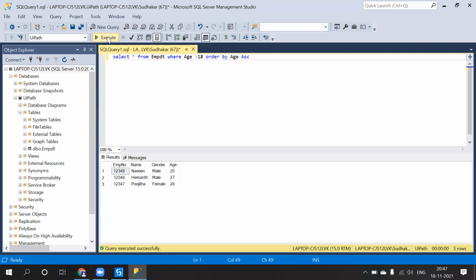So out of 4 records we got 3 as the result in ascending order. So if I remove this one,